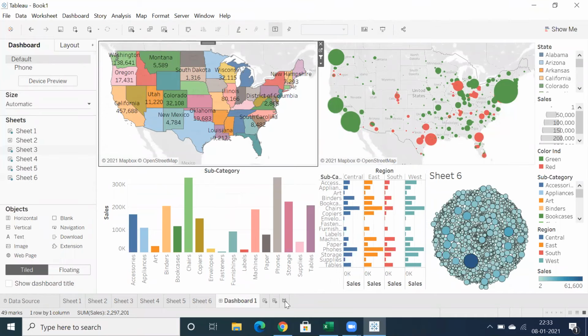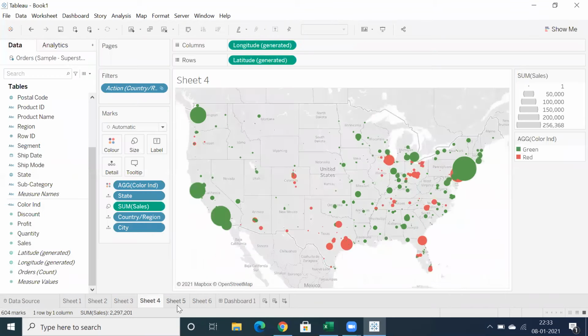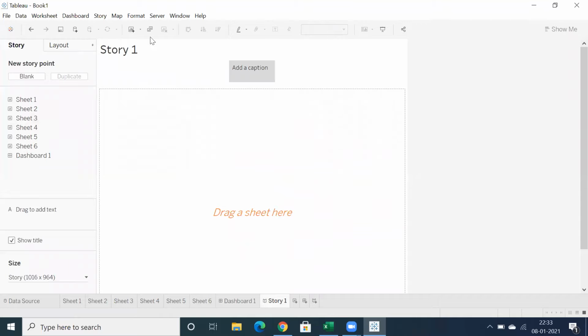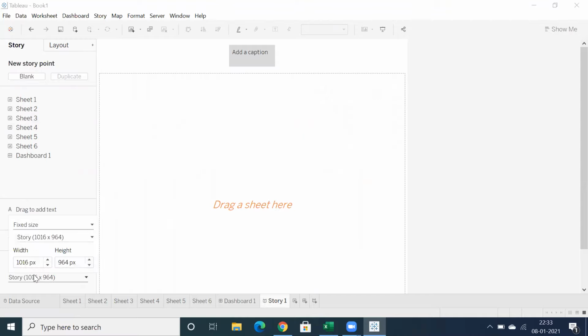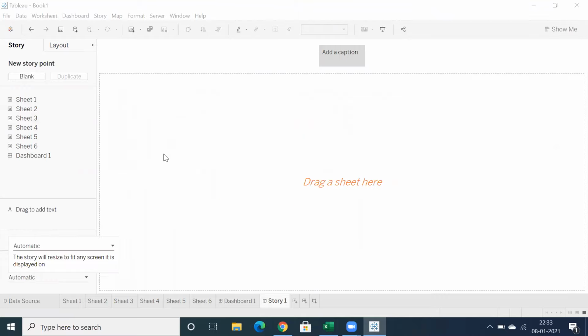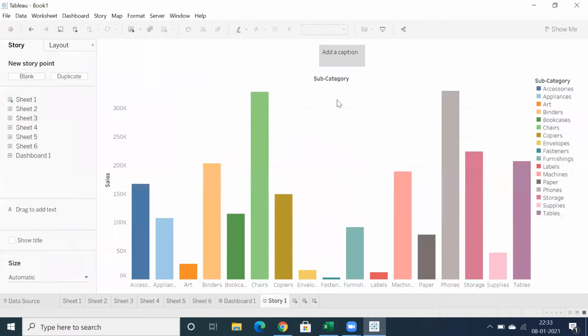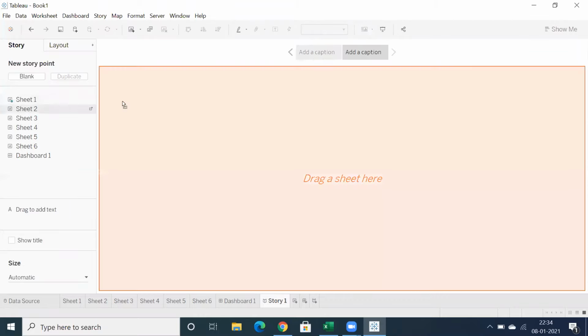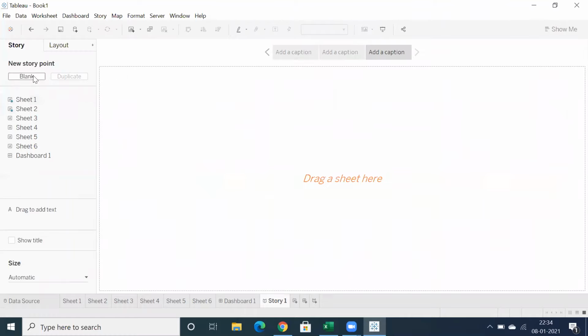And we can also create a story. As you know, we can create sheets, individual reports, or we can create a dashboard. We can also build a story, let me showcase that here. Let me hide the title for better space, and let's go for automatic. You can drag and drop individual sheets, something like you can use as a tab. I'm not going for any title for now, but let me use new story point. Let's drop another sheet, new story point. Let's go for the third sheet.